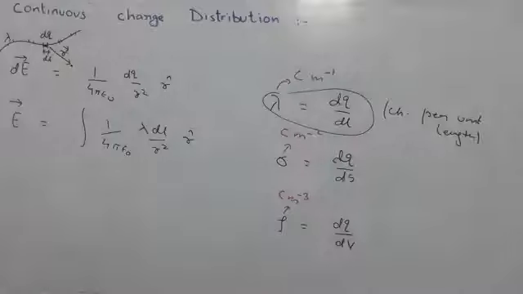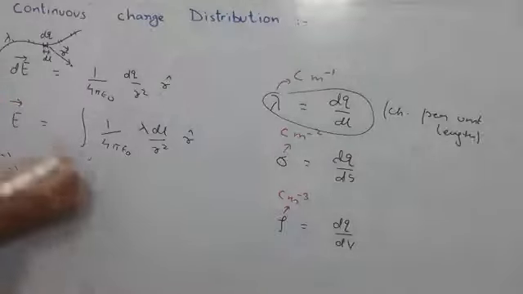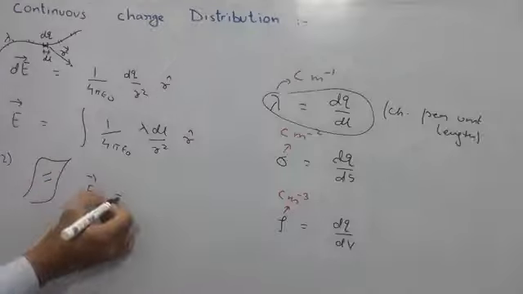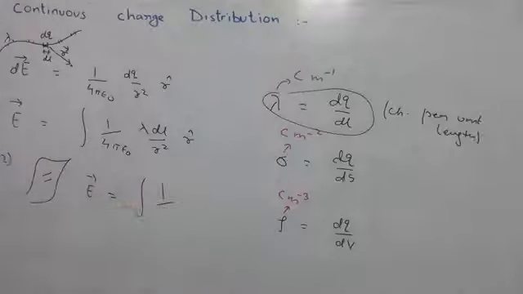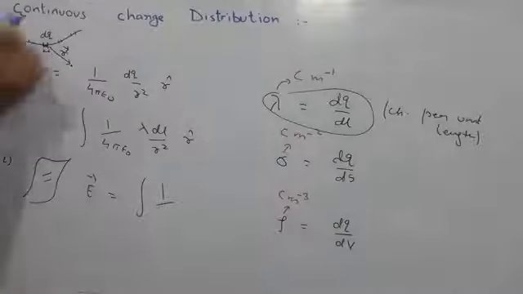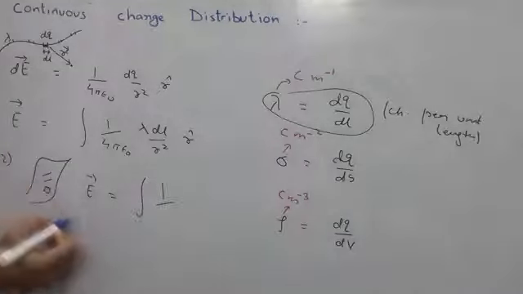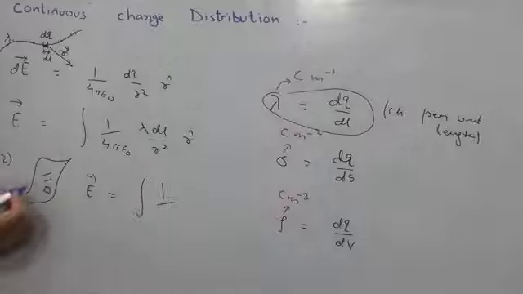So quickly just let's see, instead of linear charge distribution, if it is charge distributed over some surface, then this formula will become E vector is equal to integration. So the method will be similar. So what we will do here we will take a small element. Suppose we have to find electric field at this point. This element has some area and it has some charge, that we will write as dq.